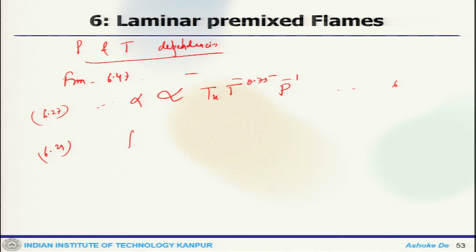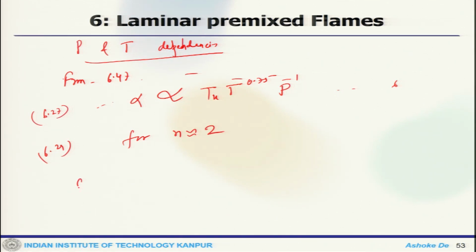What we get is that alpha is proportional to Tu T bar to the power 0.75. This is what we already obtained in 6.27. This corresponds to 6.27, and also 6.29 has given us